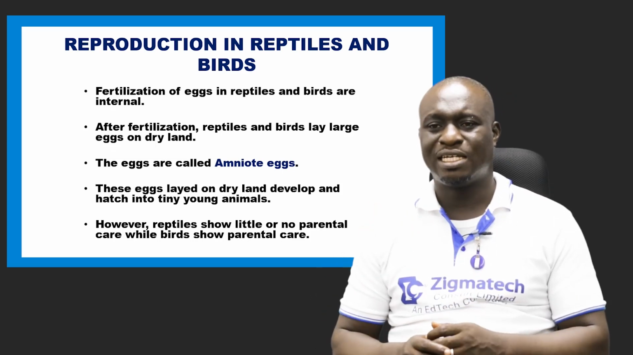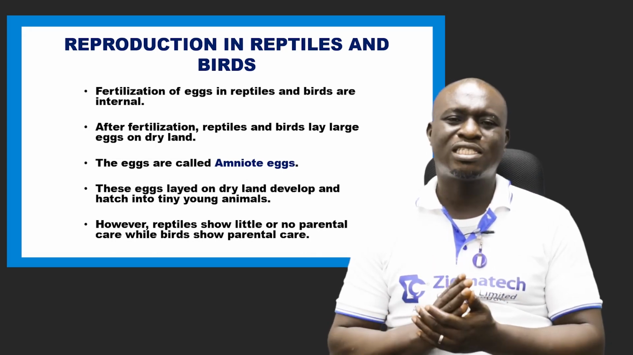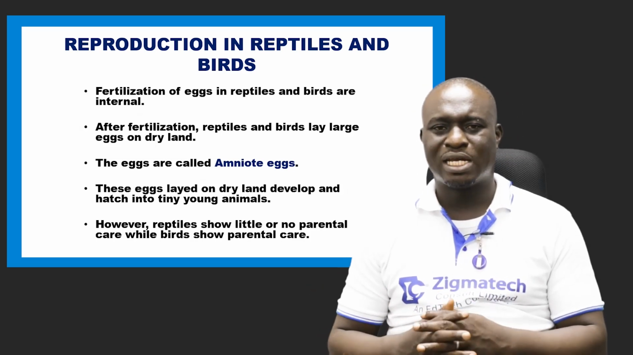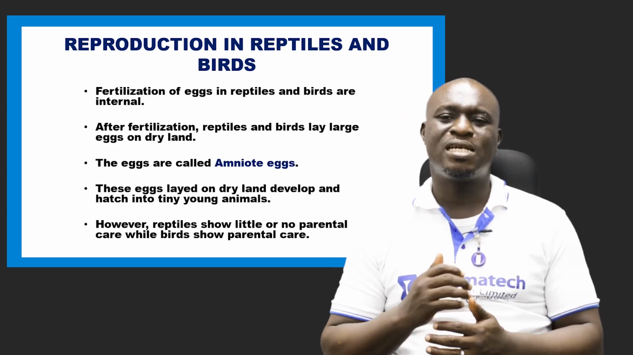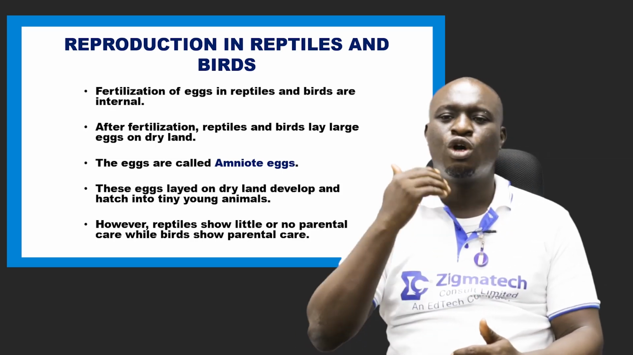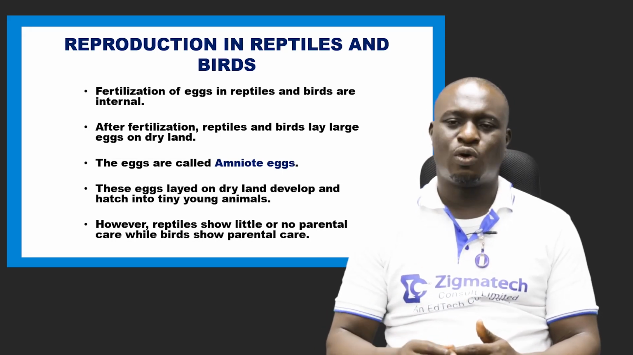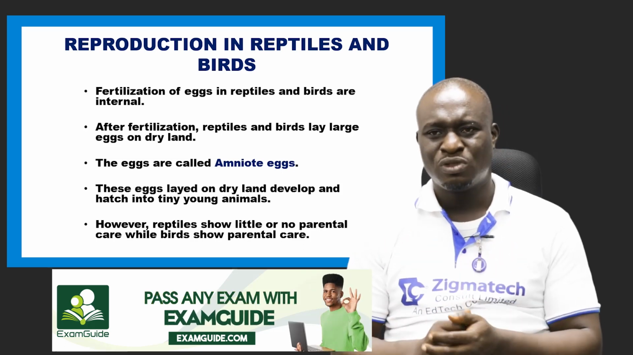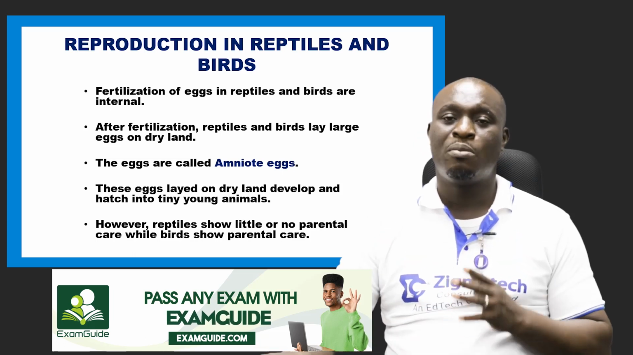Now, after fertilization, reptiles and birds lay large eggs on dry land. These large eggs are referred to as amniote eggs. Shortly, we'll be looking at what the amniote egg is all about. Now, these eggs laid on dry land develop and hatch into new, young animals, okay? However, reptiles show little or no parental care, while birds actually show parental